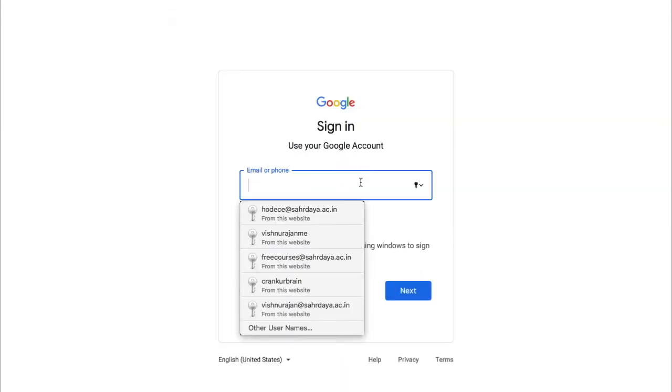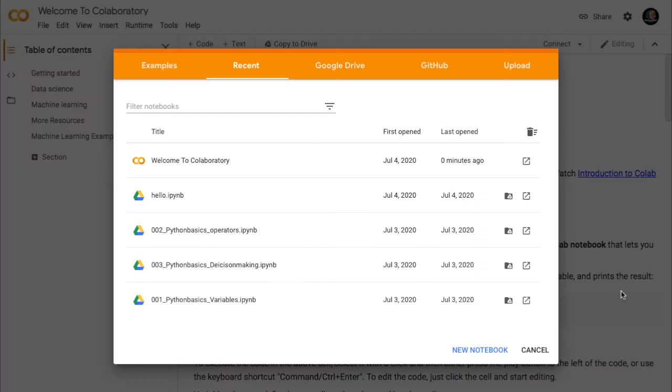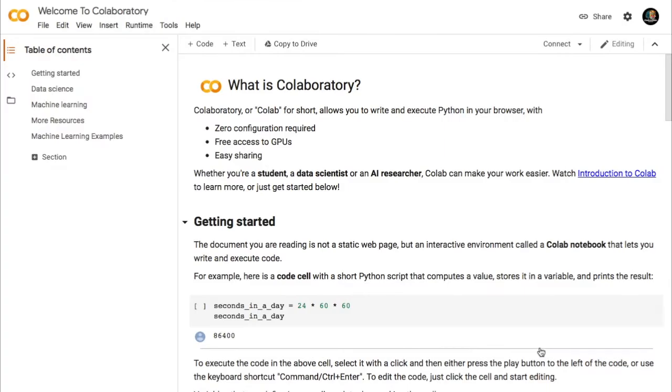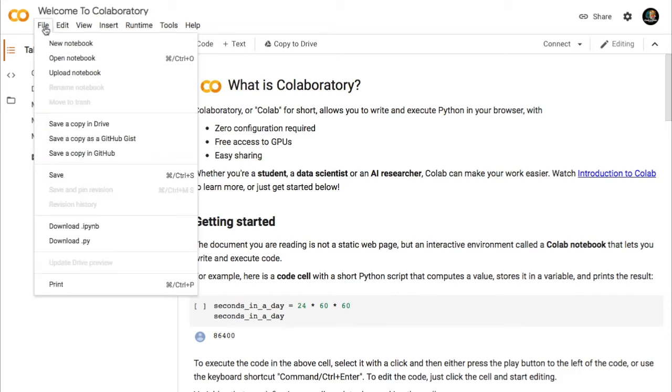I would like to give my username and password for the site. A new pop-up has come, and here starts the magic of it. You can hit on cancel first. Then again we will go with the usual path. So for that, first of all, you would take file and you can take new notebook.